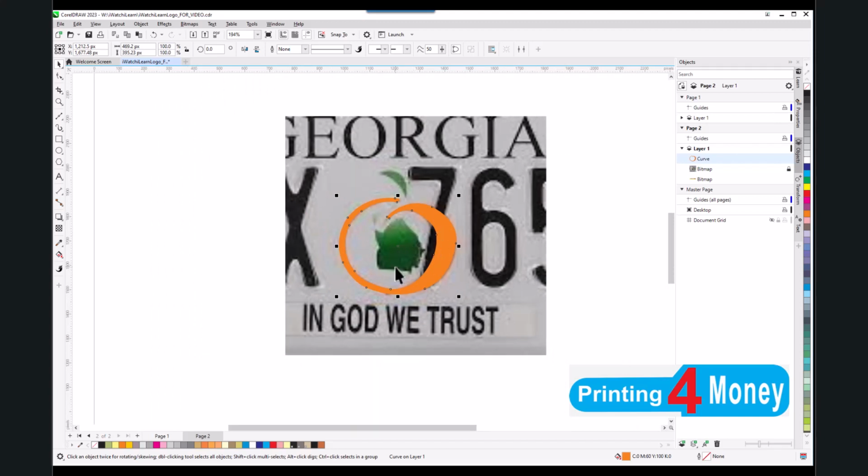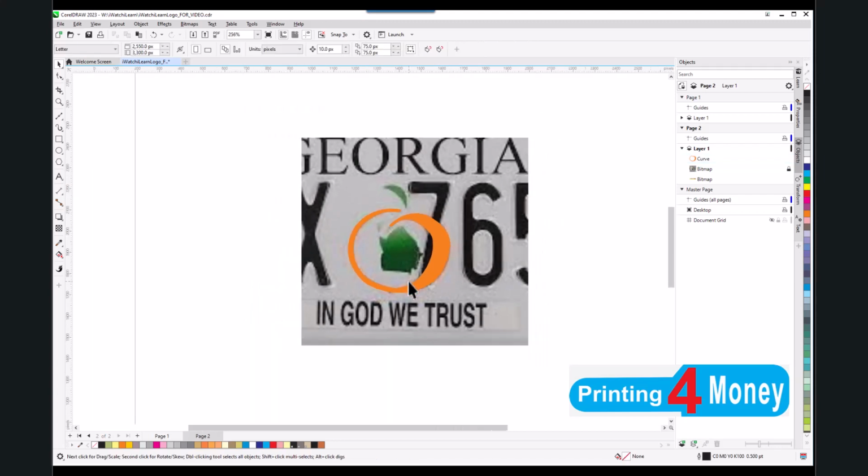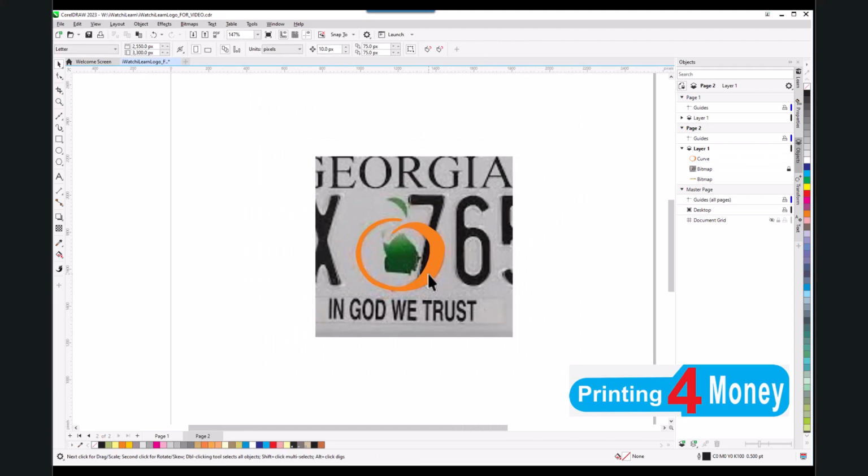Okay, so now I kind of would be done with the bitmap behind there. I was just using the bitmap to copy my shape. So I literally can go and now one thing too, that if you like moving stuff by using your arrow keys, right now if I click anywhere in the white on this screen here, this is my move selection tool right here. So right now it's set at 10 pixels, and let's show